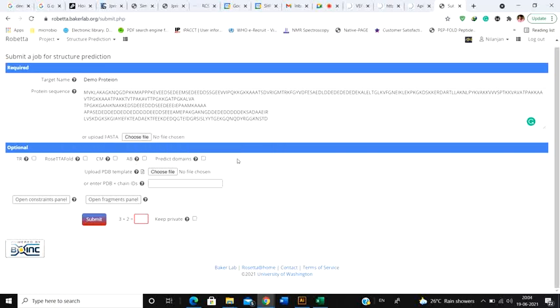It's going to start from scratch. It's not going to look at all the other proteins whose structures are solved. It's not going to do homology modeling. It's only going to take the information from your protein sequence, and depending on the chemical and physical properties of your molecule, it's going to predict the structure.